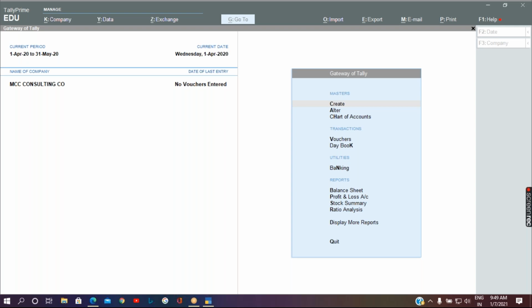These are the voucher types related to accounting. Okay. So when do we use these particular voucher types, in what situations?